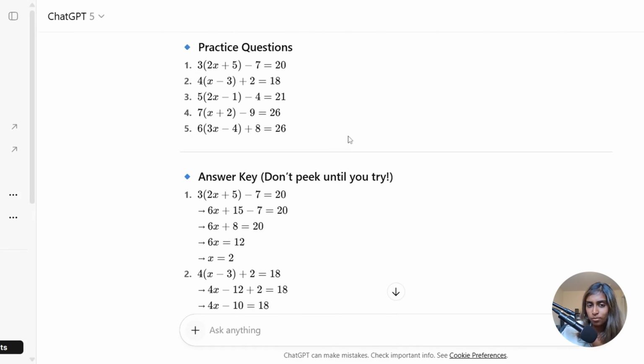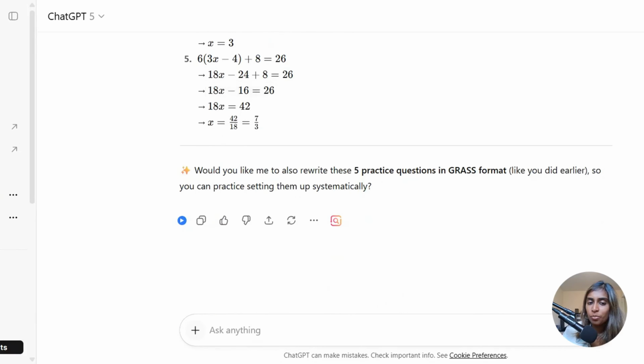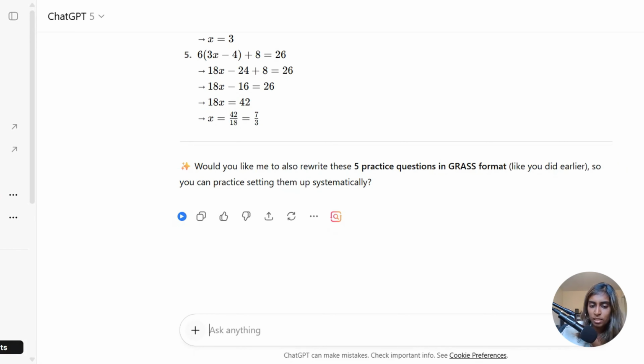And if you think you're going to cheat, and then once you're done, you compare your answer to those that it gives you, because now you have, again, your own little answer key. And then it also asks, would you like me to rewrite these 5 practice questions in graph format like you did earlier? You can say yes or no, but in this case, we're going to move on to something else